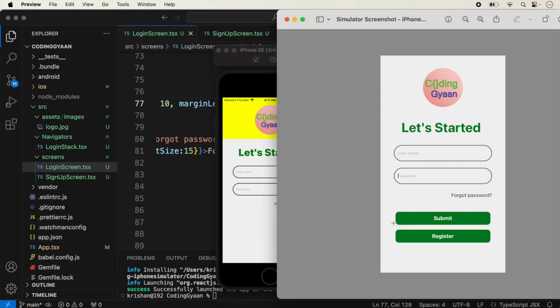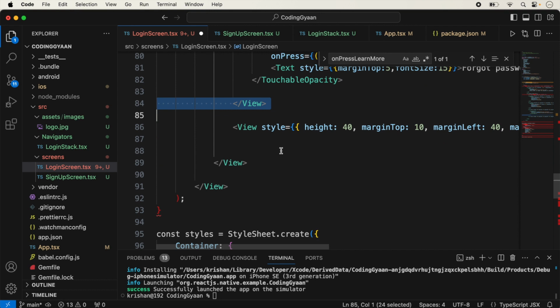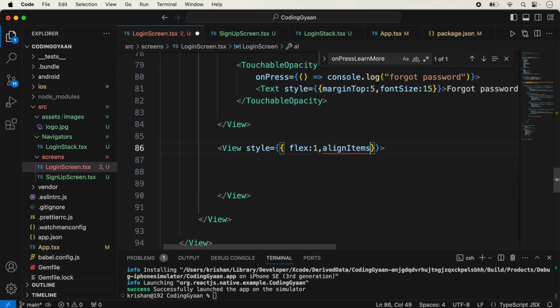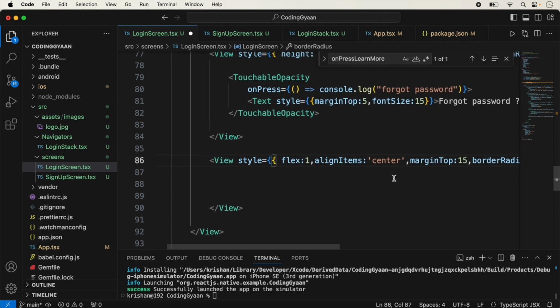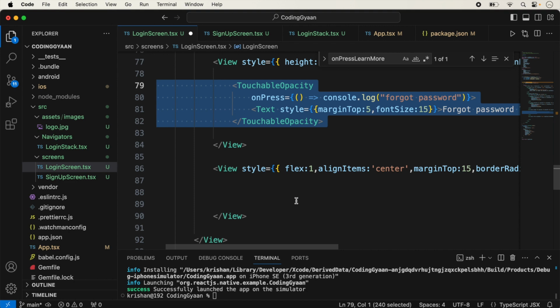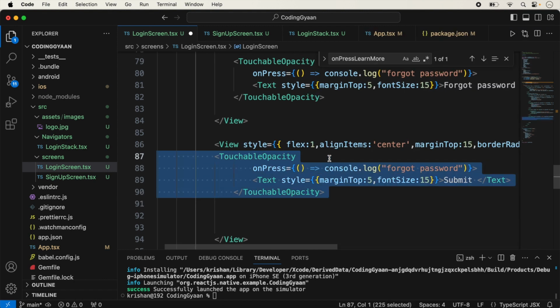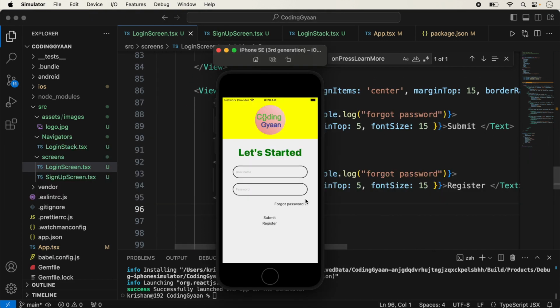So now we need to do the other buttons, the submit and the register. For it we will take another view. So we just copy this view and paste it here, another view here. We again take the touchable opacity inside the view, and here we add submit and another button for the register, and now save it. Yeah, so now two buttons are showing here, submit and register, but the design is looking like